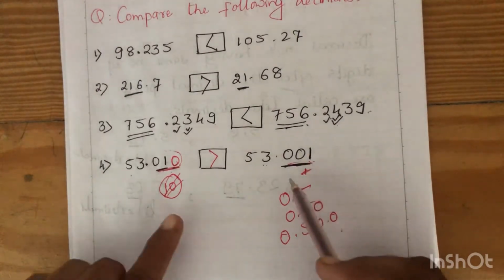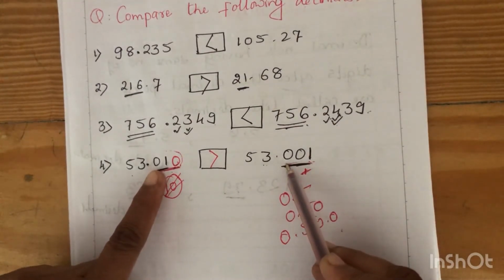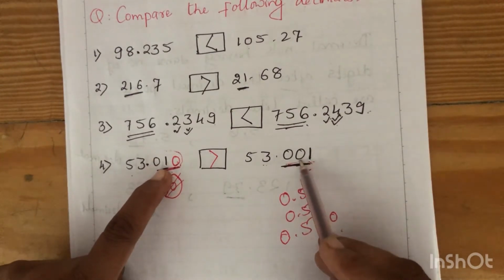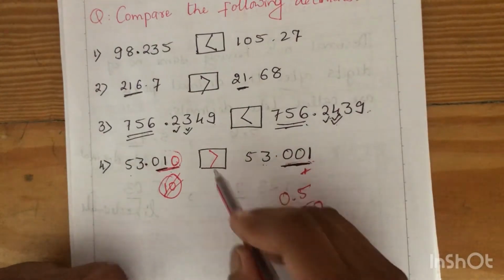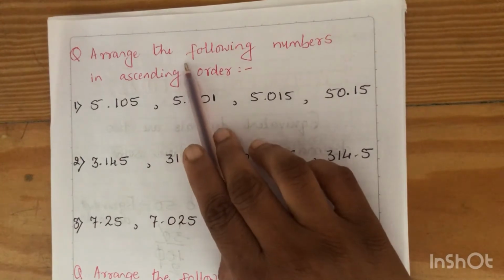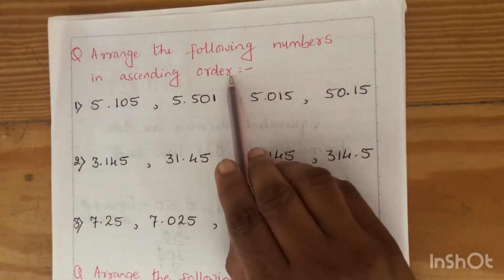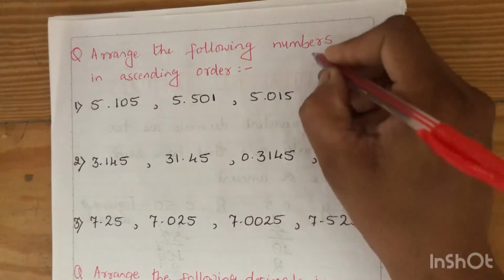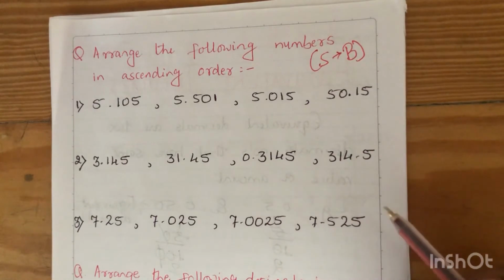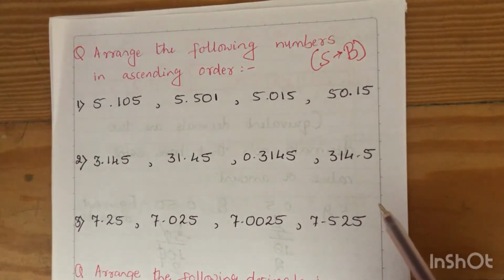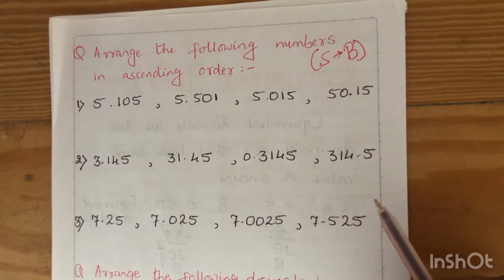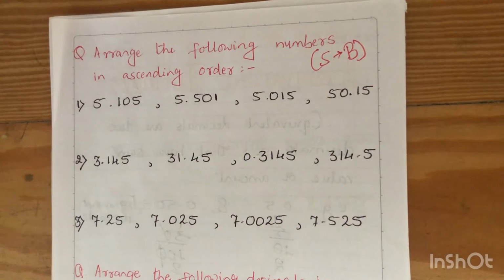You may have compared like this also, 0 and 0. So again they are the same. Let's go with the next place, that is 1 and this is 0. So 1 is greater, so you will have this sign, right? Now let us see this question. Arrange the following numbers in ascending order. Ascending order means small to big. This way we have to move. So it means we have to compare the decimal numbers, right? So first thing, we have to see the integral part, and then after that we will compare the decimal part.